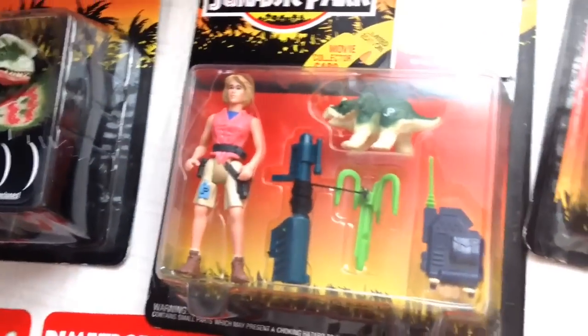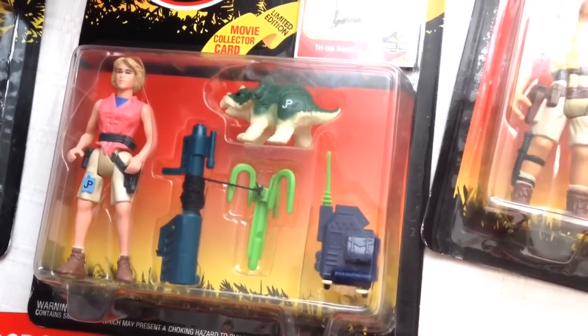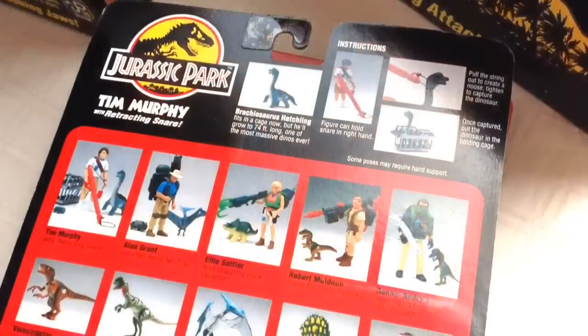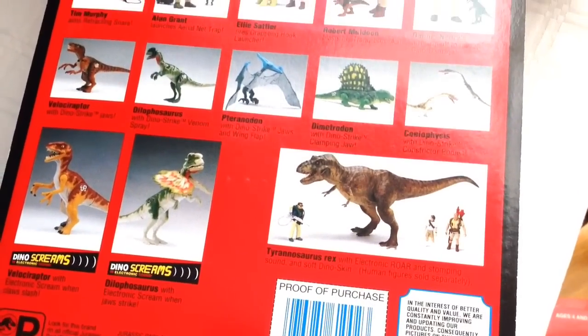And then over here we've got Ellie Sattler. She comes with a Triceratops minifigure and a cool grappling gun which reminded me of Batman at the time I bought it. Really nice. What was cool about these action figures is they had really cool toy line displays on